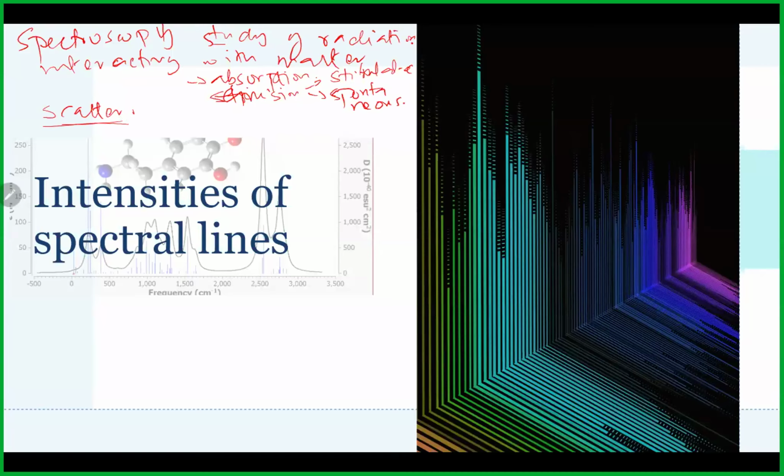So what is usually studied after the interaction with matter? We study what's left, whether it's in absorption, emission, or scattering. And then there can also be magnetic interaction. Now, usually when light shines through matter and then you observe what happens afterward, there are usually lines to show that an interaction has taken place. So when we're talking about the intensity of spectral lines,